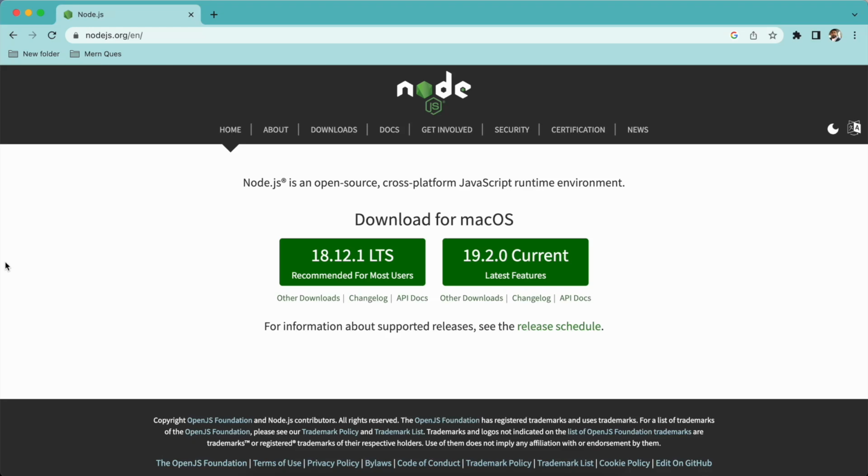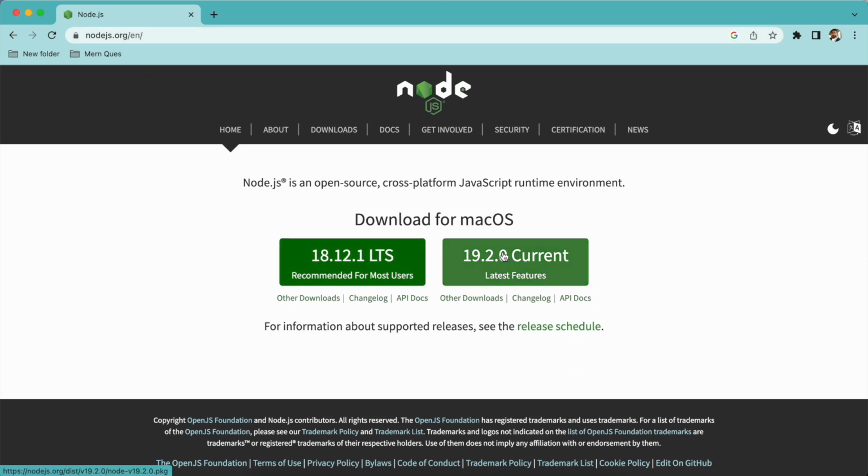In this video, we are going to learn how we can use Redis client with Node.js. For this one, we are going to require Node.js to be installed in your system, and you will be requiring npm and one of your favorite editors in which you like to code. For this video, I'm going to use Visual Studio Code because I like to code in Visual Studio. Now we'll move forward and you can download Node.js from its official website, nodejs.org,